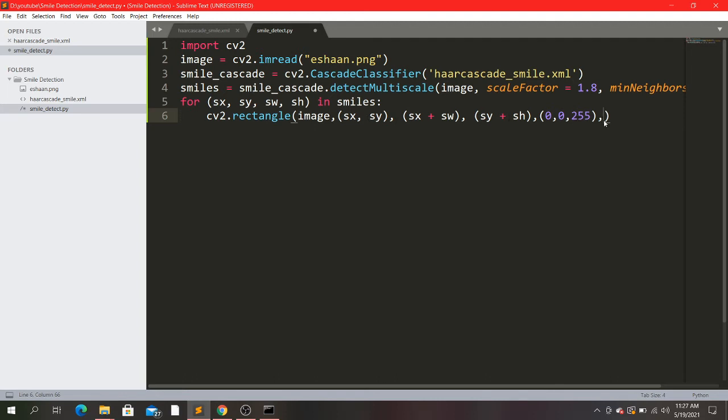The last parameter, the sixth parameter, is the width of the strip of that rectangle. Once I run this program, you will come to know the working of this loop. Initially I am giving it a width of 4.